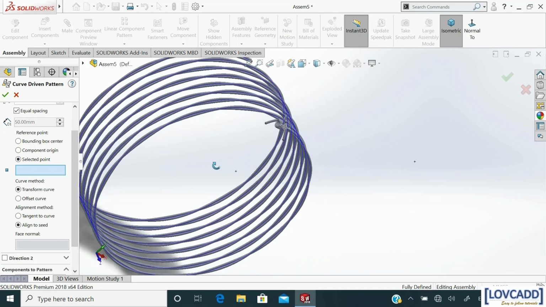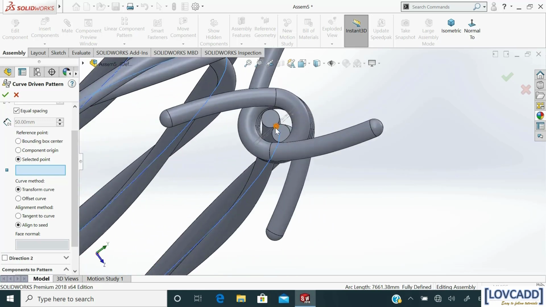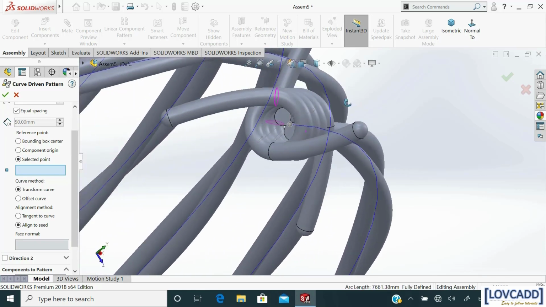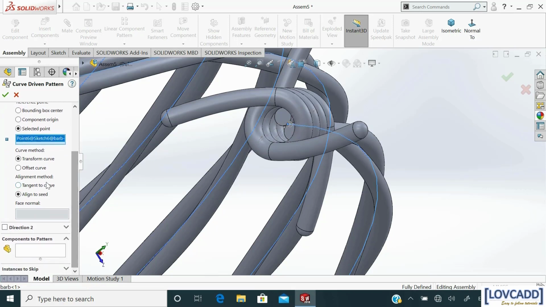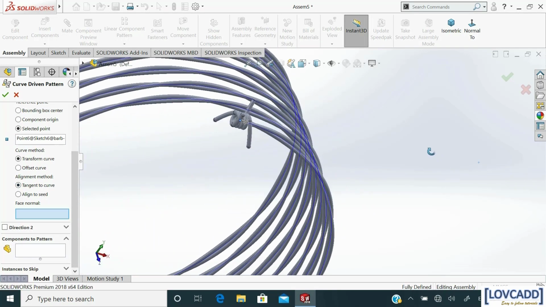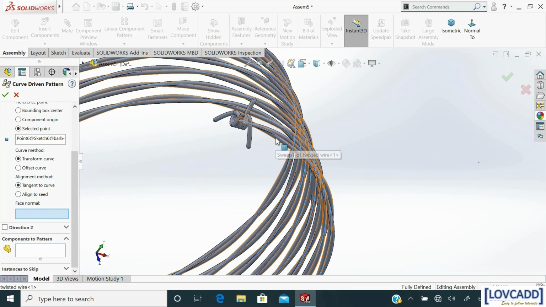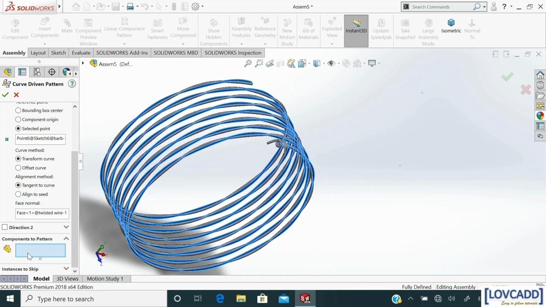In reference point, select point and add this point, which is the barb point. Okay. Now in alignment method, select tangent to the curve and select this wire. In component to be patterned, select the barb.